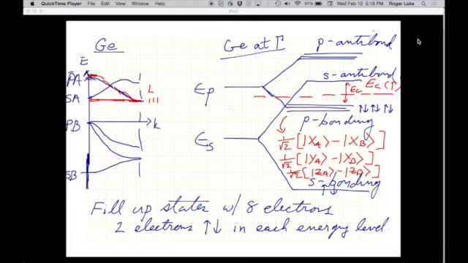And your S antibonding state, there would only be one of them, so that's your 1 over root 2 (SA minus SB). That's your S antibond. And then your P antibonding, I'd add these states together instead of subtracting them for the P antibonding up here. So it's exactly the kind of wave function orbitals that you had in homework 1. So that's all there is to this would be for silicon or germanium where the two atoms are the same,